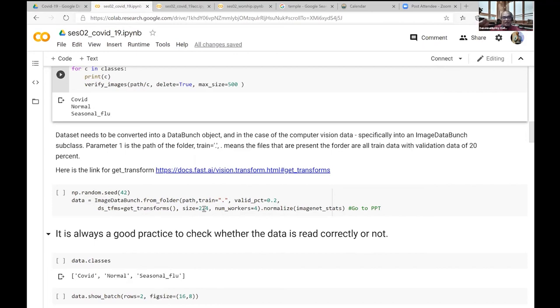And image 2, again, all the 40,000 pixels. And if it's normal, it will write normal. Image 3, 40,000 numbers, pixels. And if it's seasonal flu, it will write that. So every one of these 300 or 400, roughly, I think I put in around 350 images, every one of these 350 images with this single command actually is transformed from an image into Excel with a class at the end.